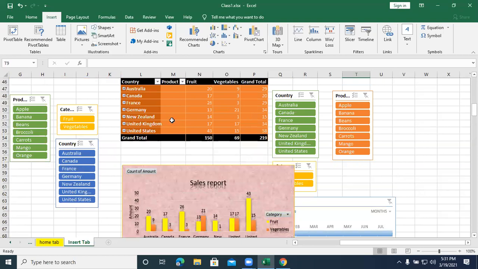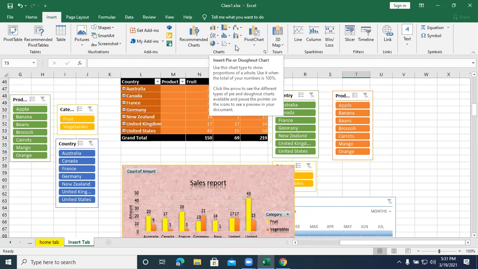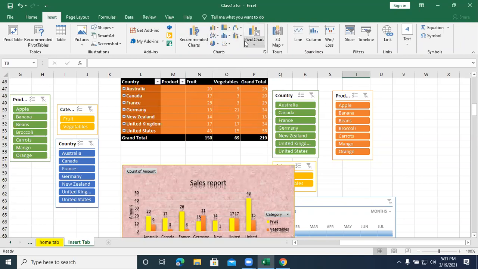So any table, if you want to apply the chart, we require at least some data. Based on the data, you can apply the chart. It may be a line chart, column chart, bar chart, pie chart, or combo chart. There are many different types of charts available. To insert any chart, we require data, similar to what we did for the column chart. We have a special option called 3D map.